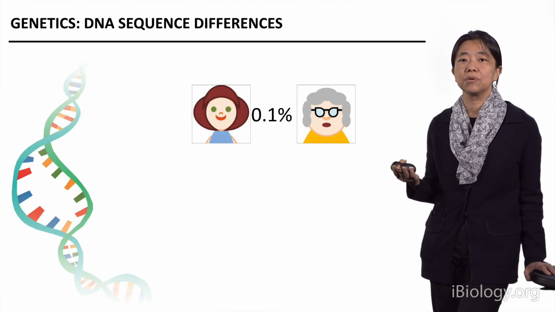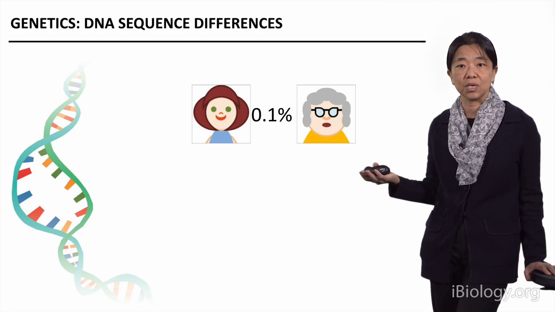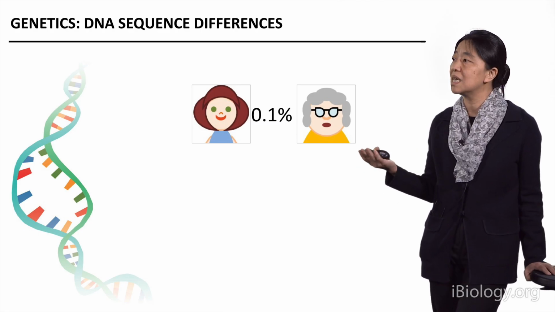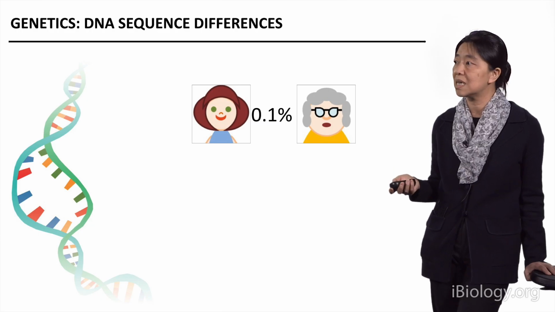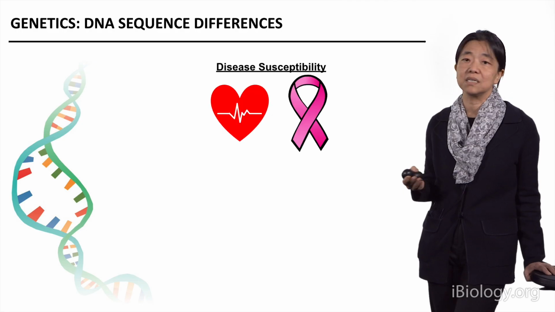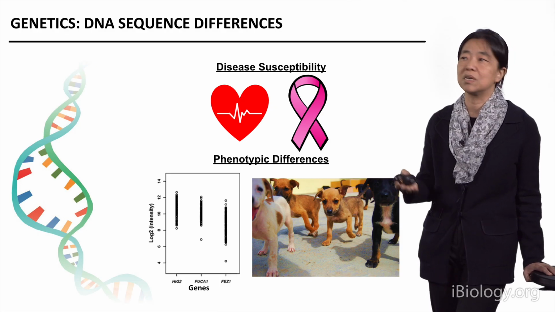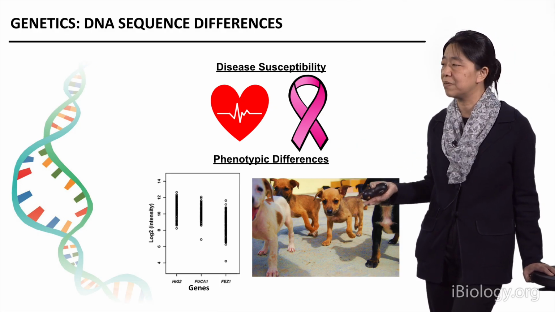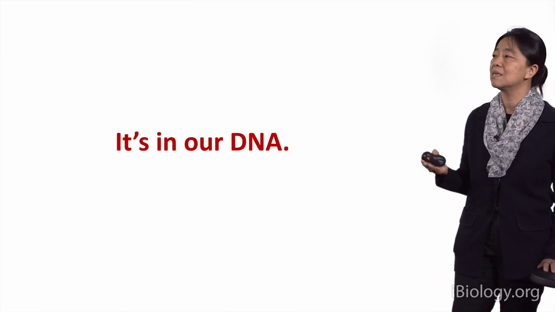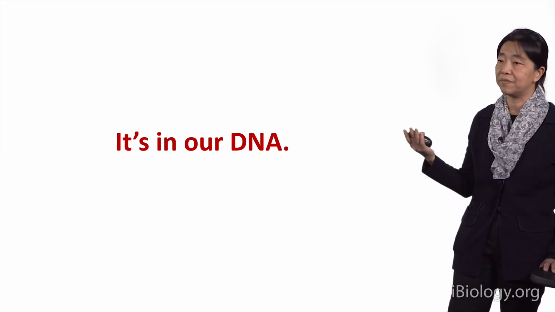So what I've shown you is that DNA sequence differences influence expression levels of genes. And this is basically the essence of all genetic studies: to identify sequence differences and ask which of those sequence differences affect disease susceptibility or phenotypic differences, whether it's gene expression level, coat color, or other types of phenotype differences. So genetics basically asks what the genetic blueprints are that influence many of our phenotypes.